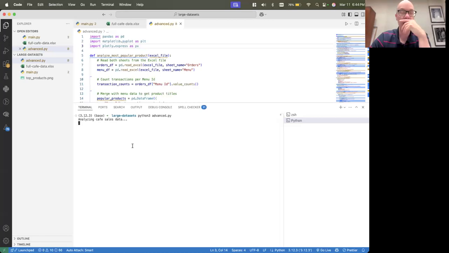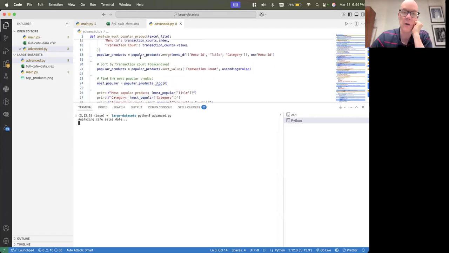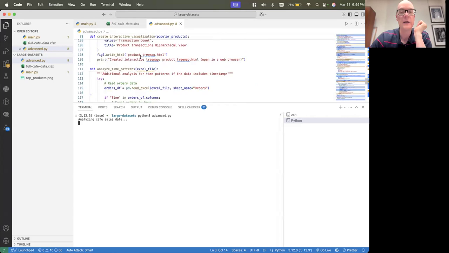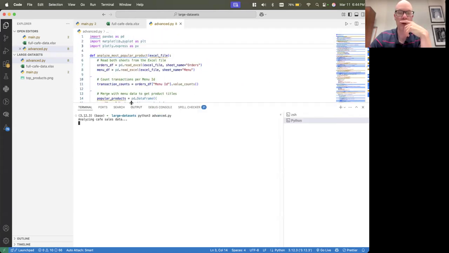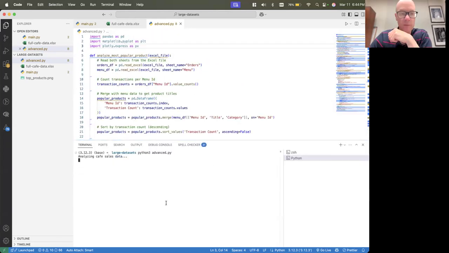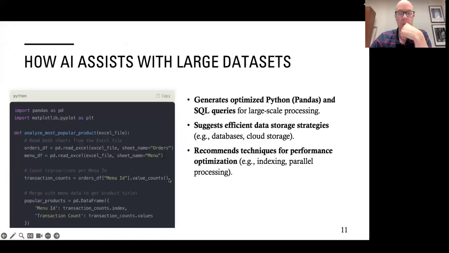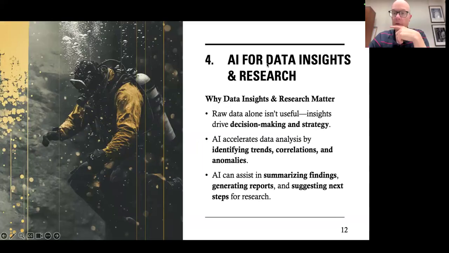This is the advanced one, and it's analyzing the data. It's running all this code here, which is fairly extensive, and it's going to output a couple of things for us. That'll run for just a second, and we'll come right back to that. If you're not using the AI tools in this manner, this is definitely something to explore further.